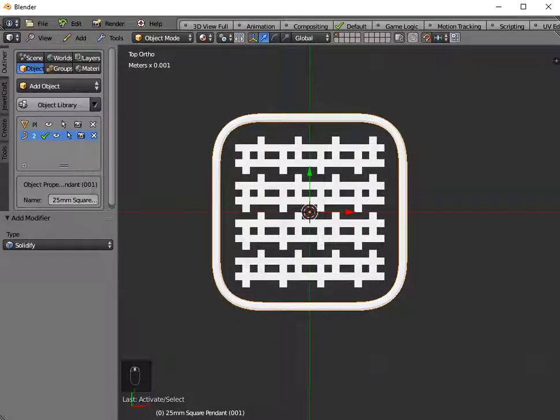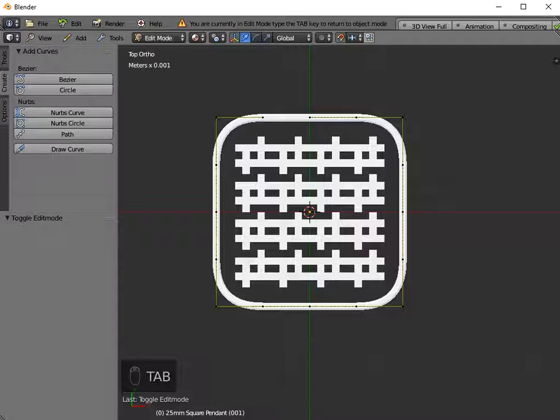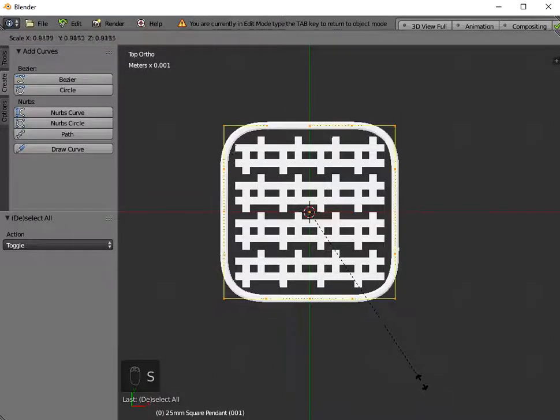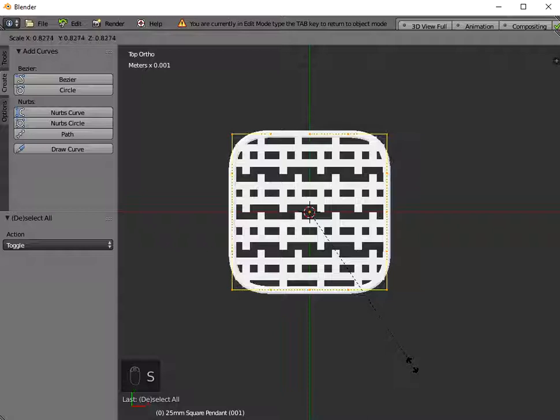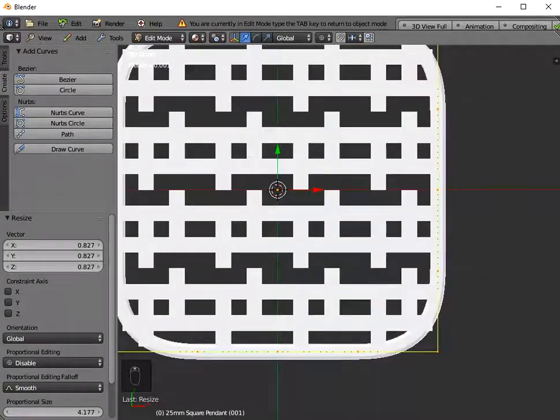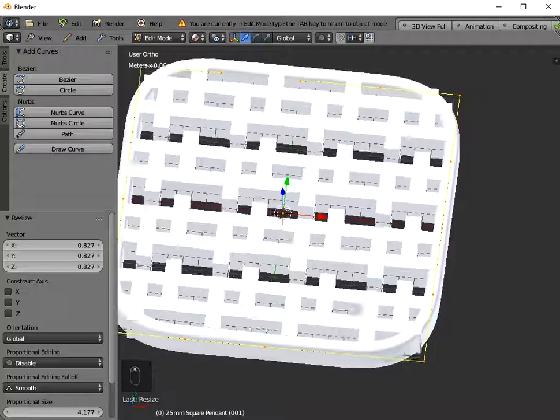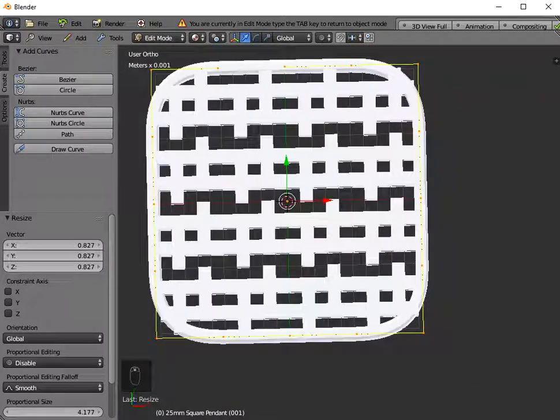Now it is very important when you scale this object, because this object is a curve. Go into Edit mode. So go into Edit mode and press A on the keyboard to highlight all the control points, and I'm going to switch off the snap and just scale it down until it overlaps. Okay, now as you can see there are some issues in the corner there that little bits are sticking out,